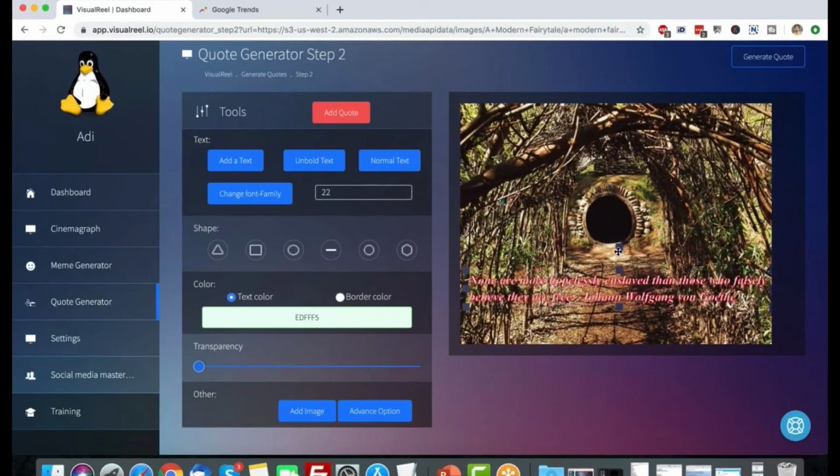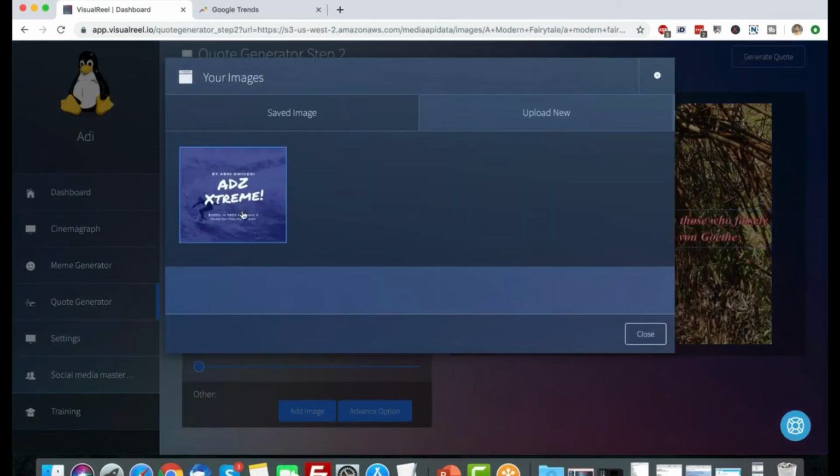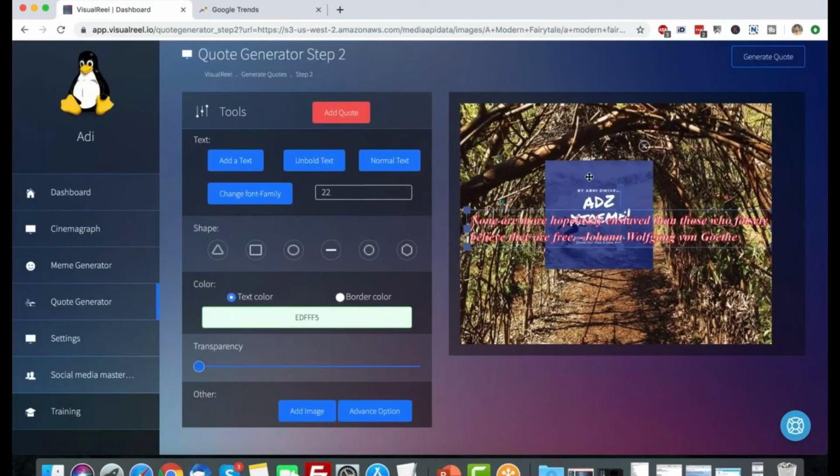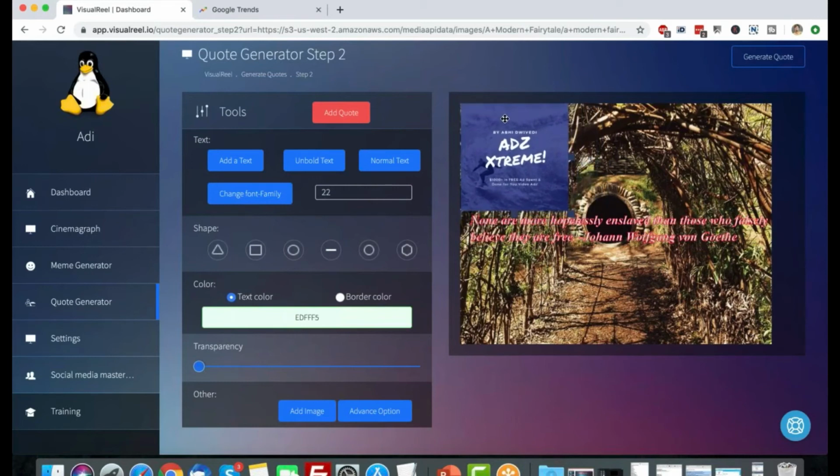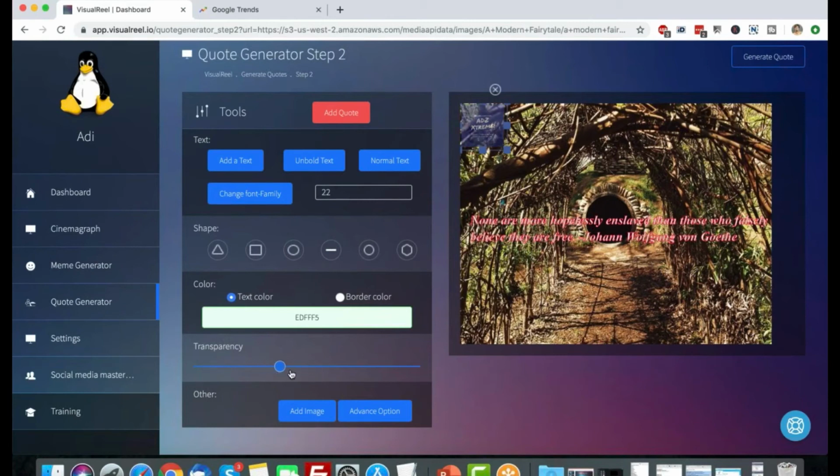Now I can put it on top, I can put it in the center, or I can drag it to the bottom. Let's keep it in the center. Next, I'm going to add transparency, or I can add the advanced option and move this image. Again, I can always add my image. If I click on add image, I can upload a new image, or I can choose this image that I already added. If I click on it, it's added. I can drag it up top here, make it smaller, reduce the size. Again, this can be used as adding your own logo, and I can make it a little bit transparent so it turns out as a watermark.